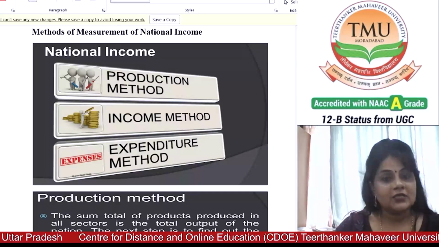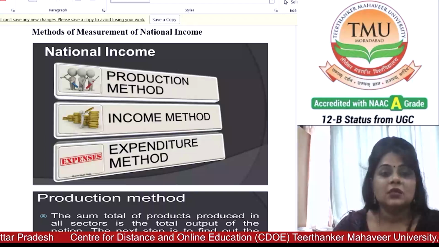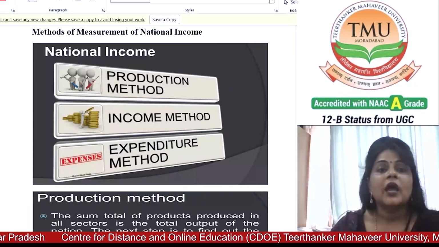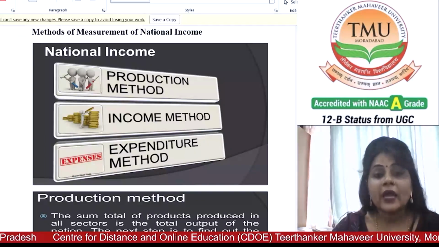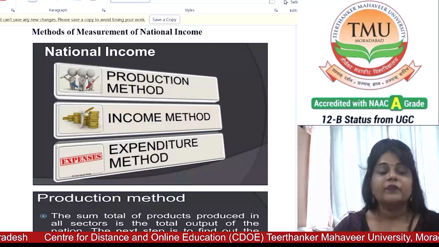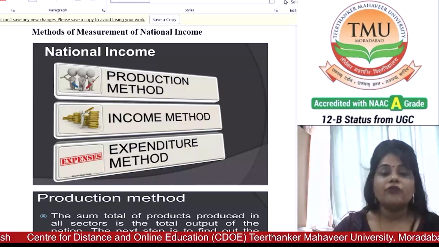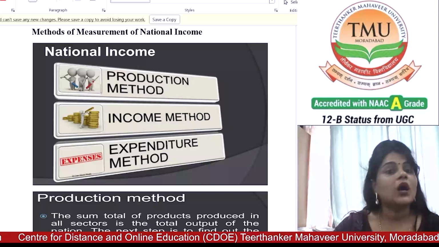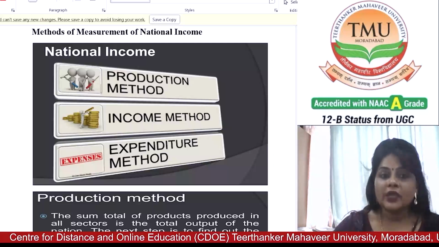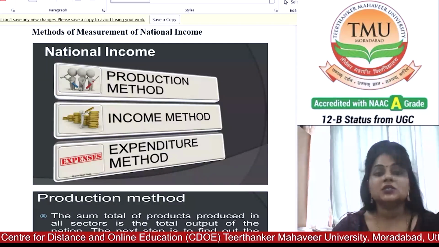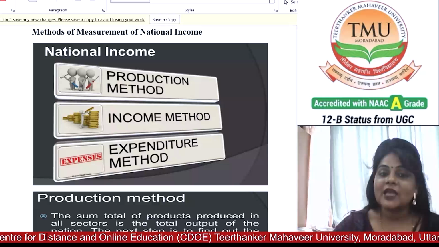In common parlance, national income means the total value of goods and services produced annually in a country. The total amount of income accruing to a country from economic activities in a year's time is known as national